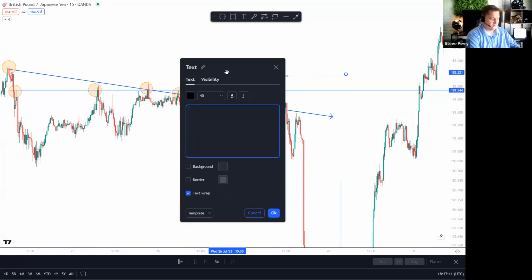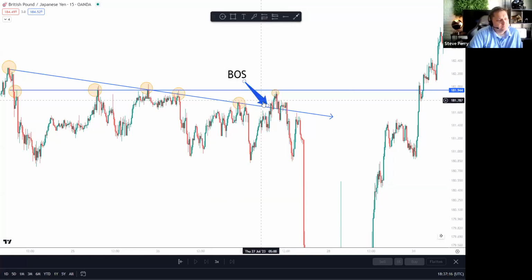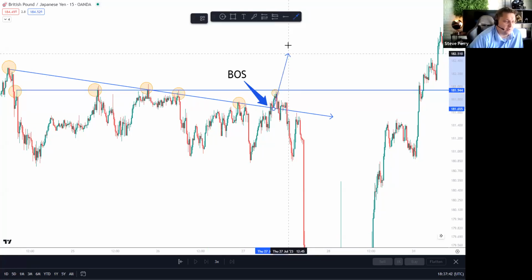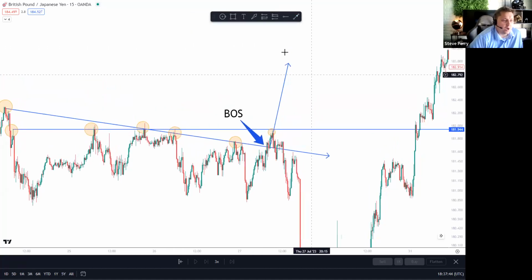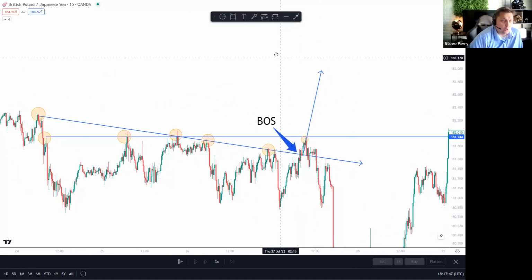And then here's your BOS as far as the trend line goes. But notice how this one did not break above this resistance, and you'd think it'd be easier for the market to do that, but it didn't, right? So with this one, you don't want to be aggressive with your entry. You want to look for lower levels to get in. You don't want to get in as soon as it comes back and retests that trend line because it's not a robust move. If this thing were excited, it would have not only broken this line, but it would have just continued higher. If it does that, you want to be more aggressive.